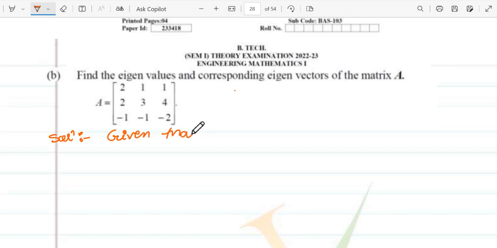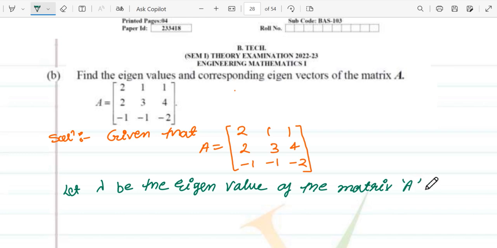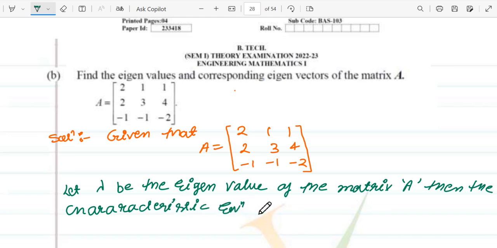गिवन दैट आपको गिवन मैट्रिक्स उसको डिवाइड कर लीजिए। दैट इज 2 1 1, 2 3 4, -1 -1 एंड -2। इसमें आप लिख लीजिए, let lambda be the eigenvalue of the matrix A. Then the characteristic equation is,